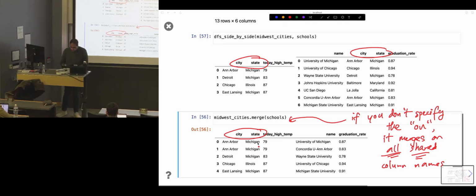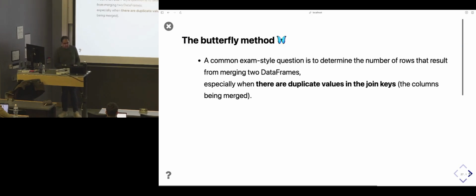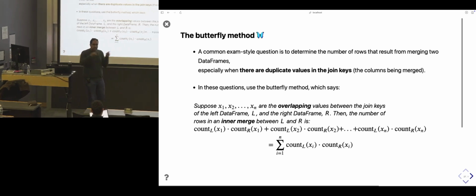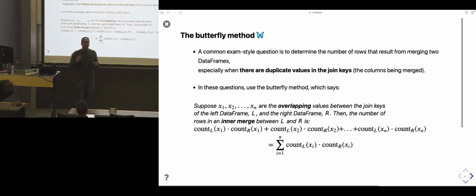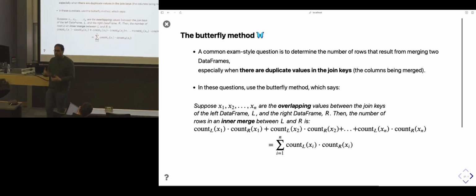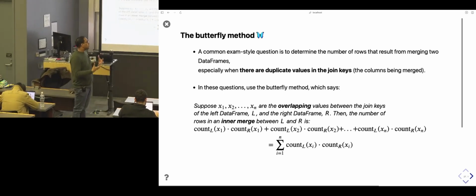Good. And so, whatever, you critique my artistic ability, but the general idea of these sorts of questions I call butterfly questions, or the butterfly method, okay? And again, called butterfly because they kind of look like a butterfly wing when you connect the lines. But the conceptual idea is when you're asked to find the number of rows that appear when you merge 2 data frames together, there's actually a formula that you could use to figure out the number of rows that are